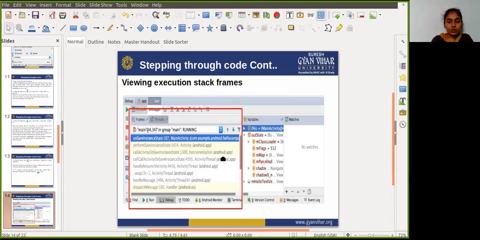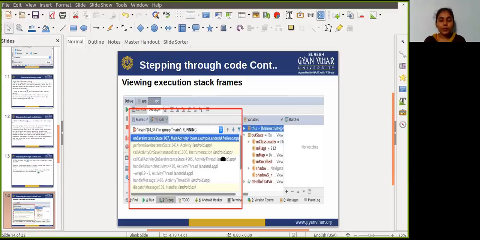So the variables and watch views also update to reflect the state of the execution environment when that frame was last entered. So, inspecting and modifying variables: the variables view of the debugger window allows you to inspect all the variables available at the current stack frame when the system stops the app at the breakpoint.